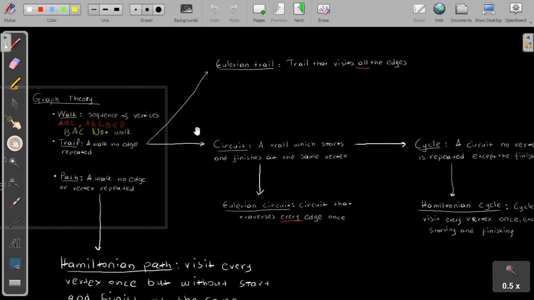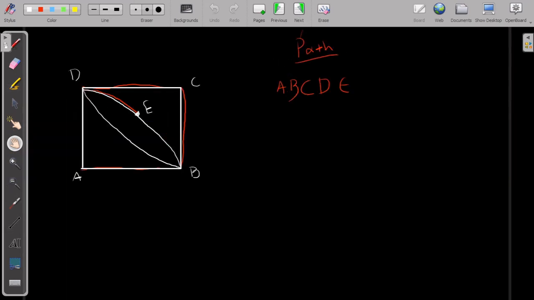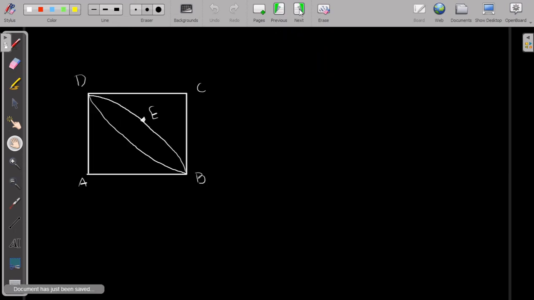It will not finish on the same vertex. So here, in the graph that we have now, we cannot have a Eulerian circuit, but we can find a Eulerian trail. Now, to find a Eulerian trail, I have to make another graph,